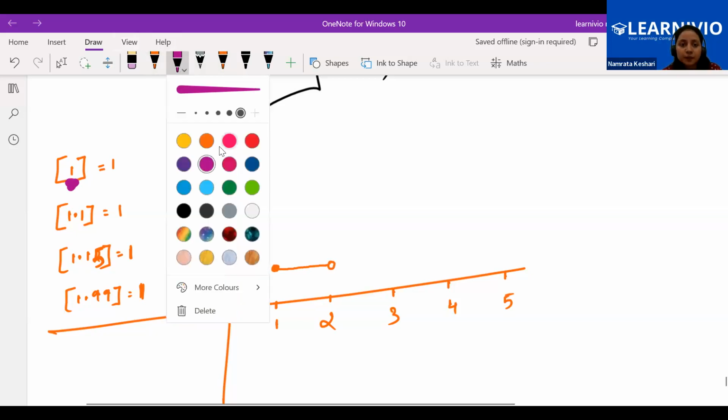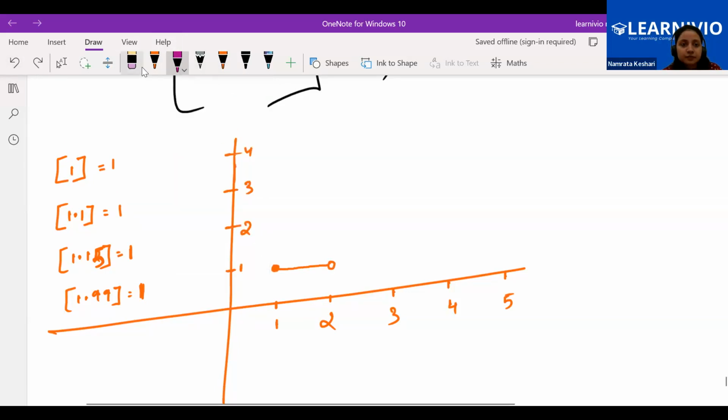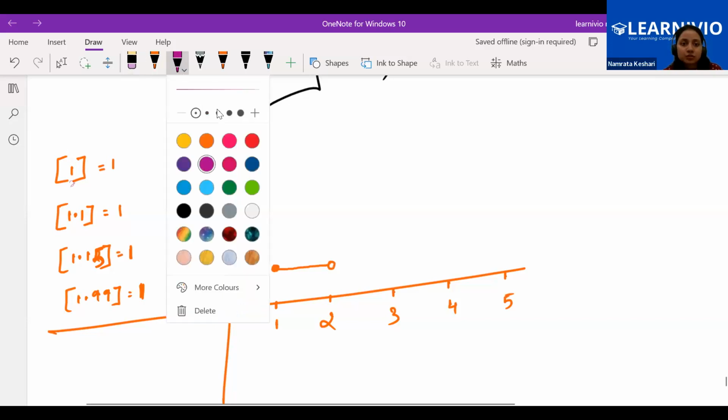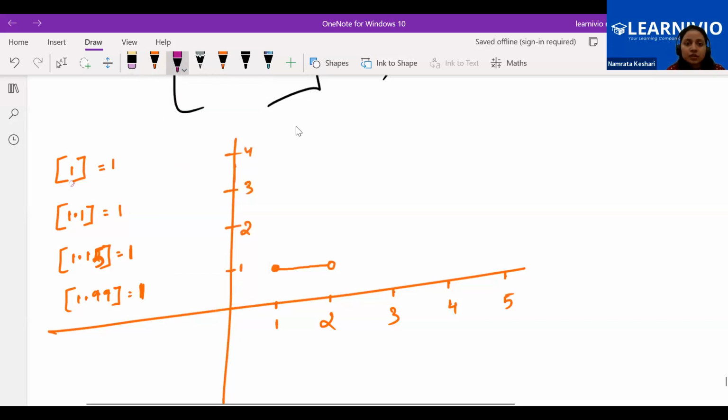Just a second. This is representing x and this is representing y. अब समझ में आएगा ग्राफ, ध्यान से देखो, ठीक है। 1 लिए तो आउटपुट 1 आ गया, 1.1 लिए आउटपुट 1 आ गया, 1.2 लिए आउटपुट 1 आ गया, 1.15 आउटपुट 1 आ गया, 1.99 आउटपुट 1 आ गया, ठीक है।